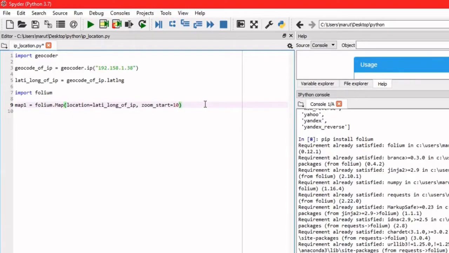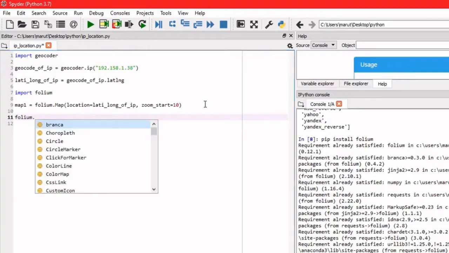Okay, so we have represented this location on the map. Next, this location we need to represent with some marker. For the same thing we can use the Folium package. In order to do this we need a marker command. So I'll show you how to do this. Folium dot marker, it will present a marker. Okay, from the Folium package it will take marker.